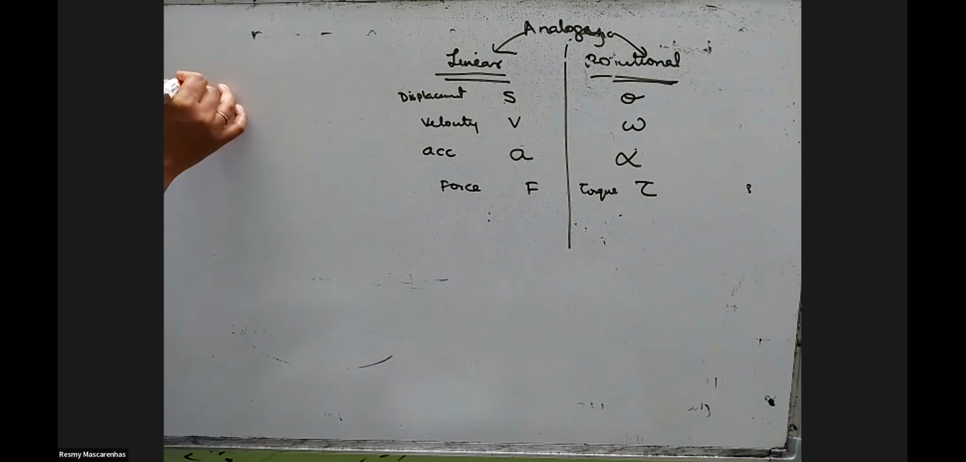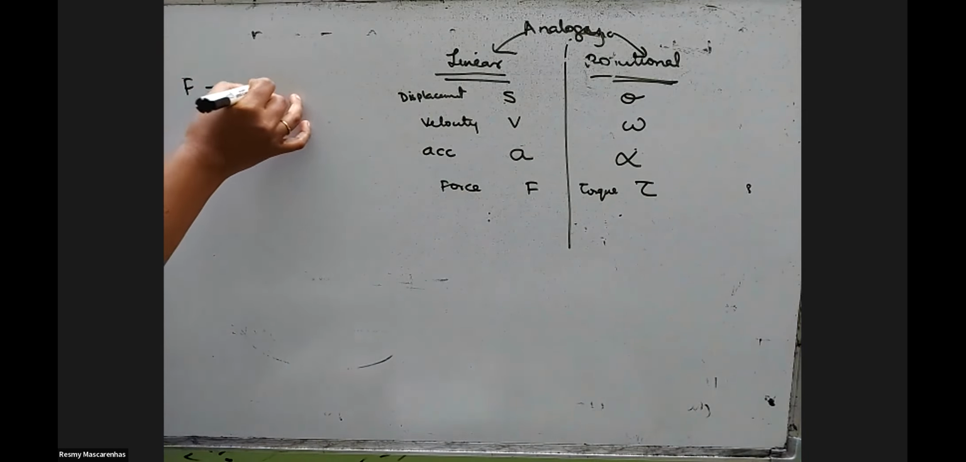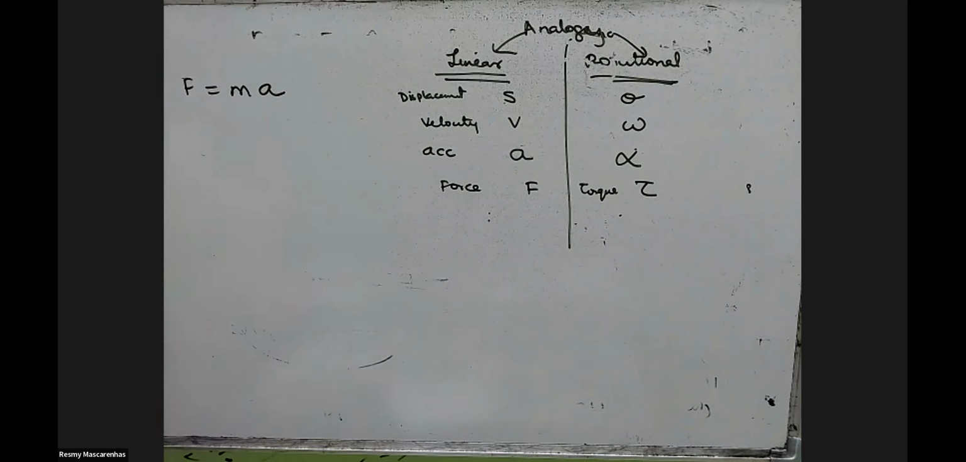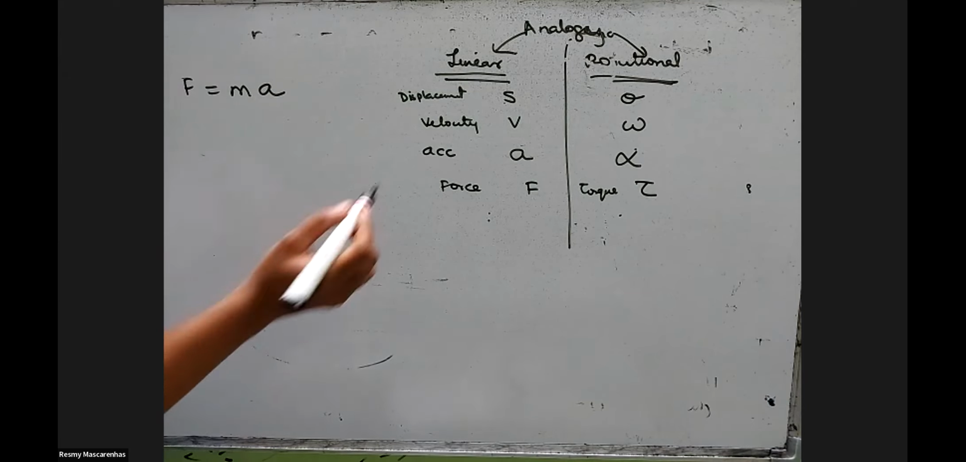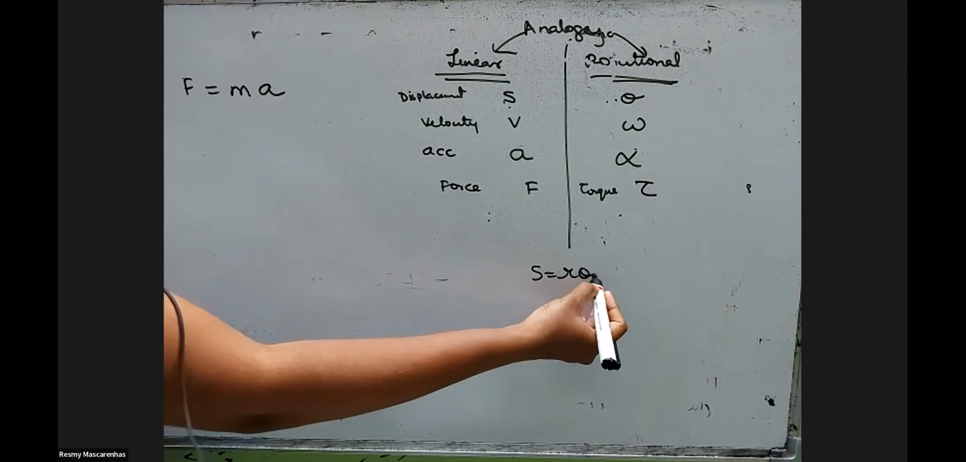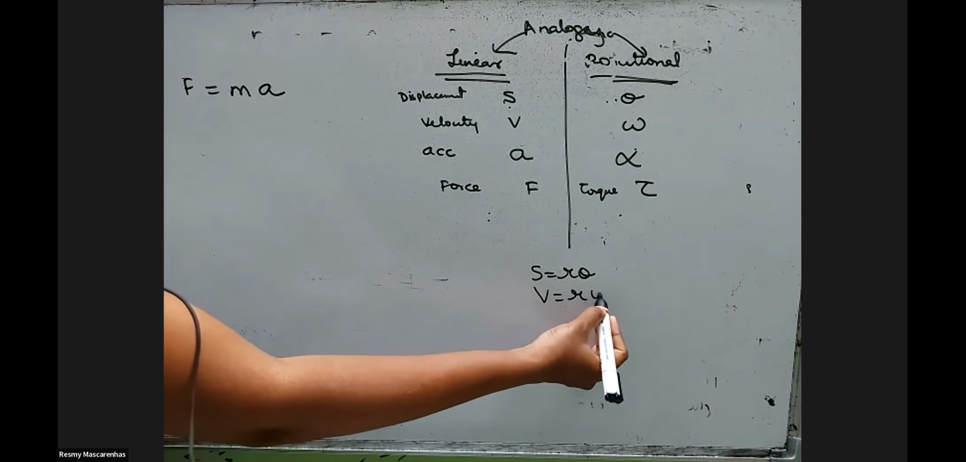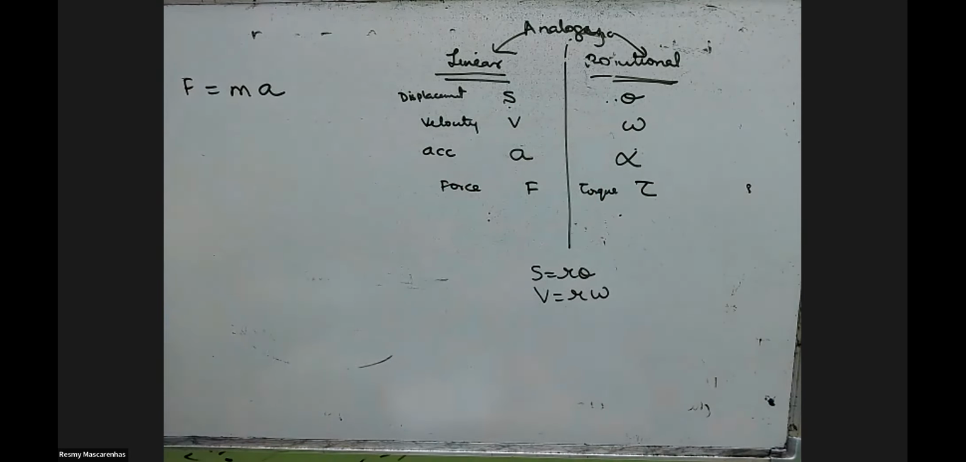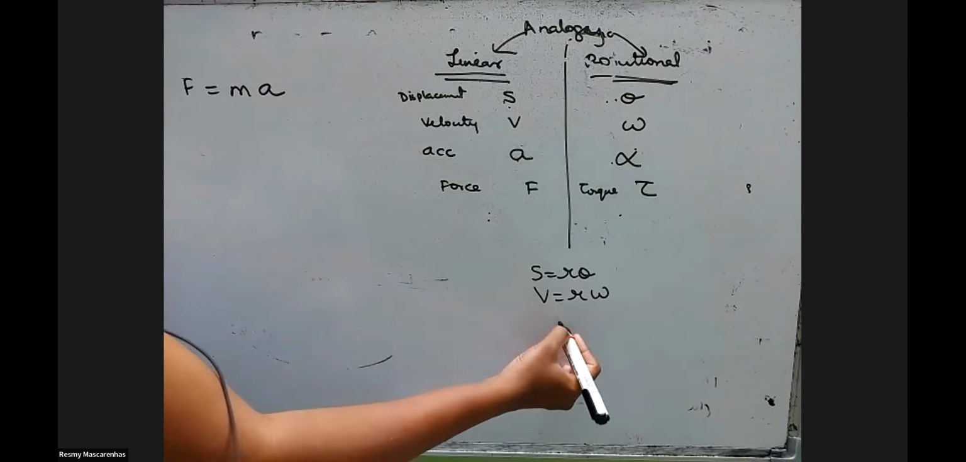So we know that force is mass into acceleration. So just multiply by r on both the sides. Before that, I'll just tell you the relations. What is the relation between this and this? Always S is equal to r theta. V is always equal to r omega. Acceleration is always equal to